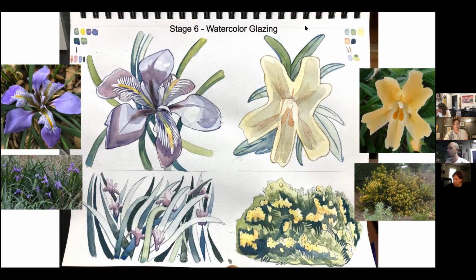You can see that I'm doing that in all of these. For the monkey flower, I put it over as sort of a central shadow. Right, so I'm putting the blue over there. I'm putting a little bit of a red, sort of a warming color, over the